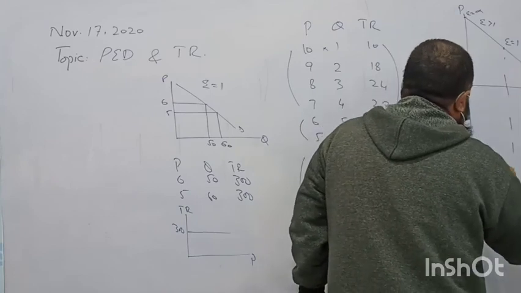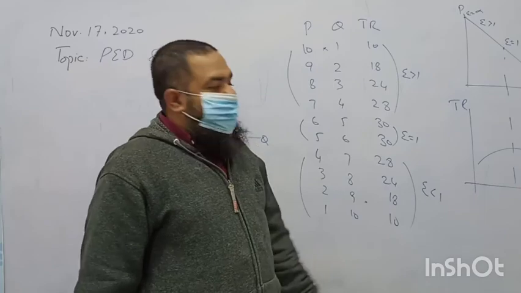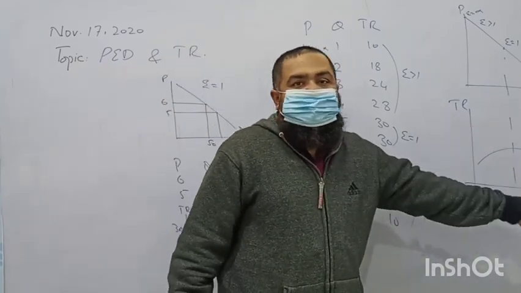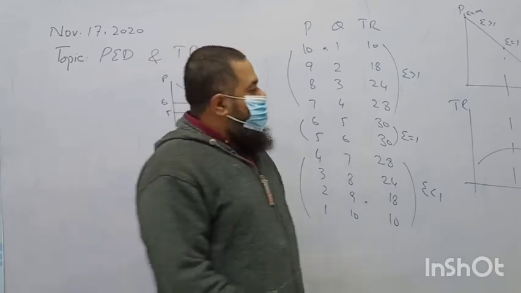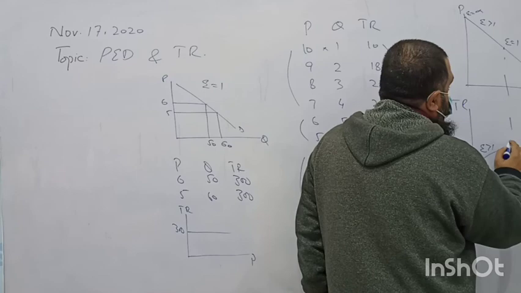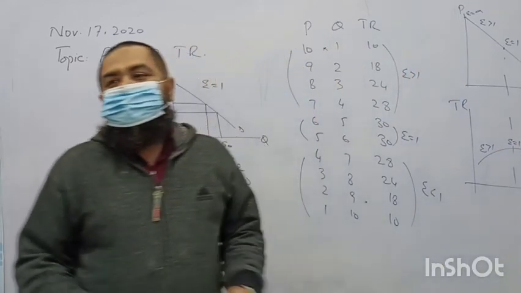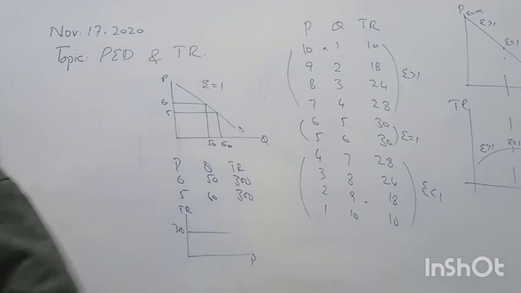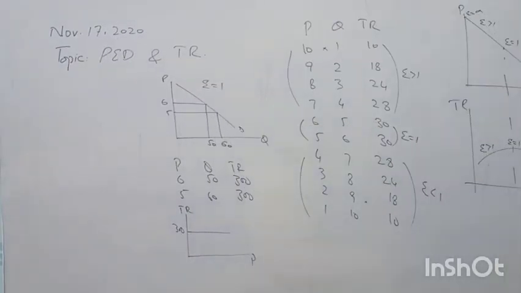So this is like this. When we take quantity and revenue on the axes, previously I was taking price and revenue. So when we see over here, this is the elastic part, this is unitary and this is inelastic. Clear? Is it sufficient or is something left over? Something is left over.